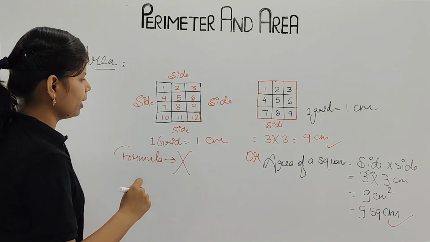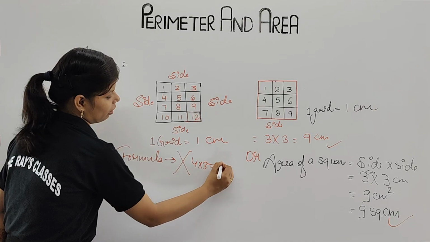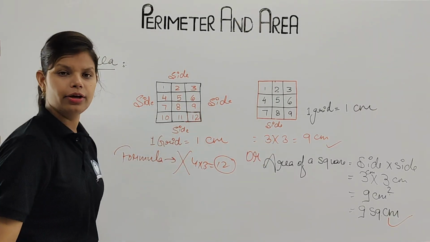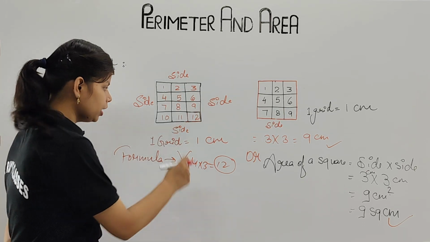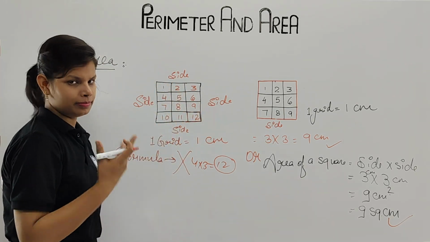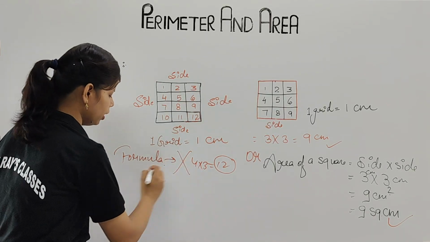But when you multiply the sides 4 and 3, you will get 4 multiplied by 3, which is 12. But when you go with the formula, side into side, like if it is given area of square equals side into side, here you have 2 different sides. That means that figure is not a square. That means the formula is